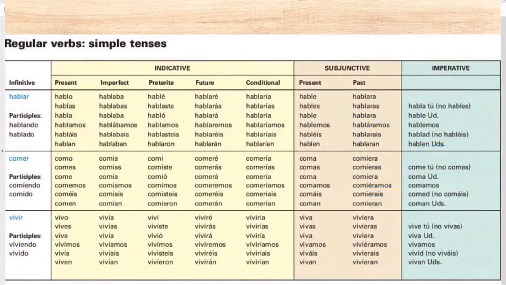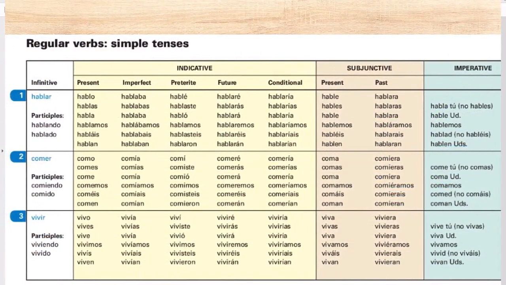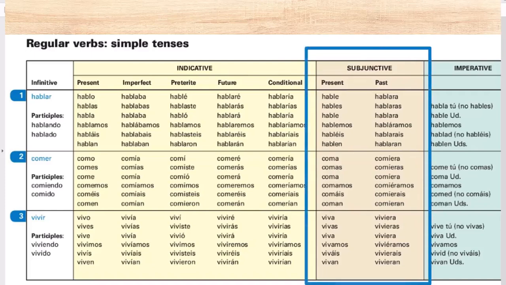We know that the subjunctive is not a tense, just one more tense. We actually know that there are multiple tenses in the subjunctive, right? We can have a present subjunctive, an imperfect subjunctive. The subjunctive is a new mode of conjugating verbs, though for now we're dealing with the present subjunctive.